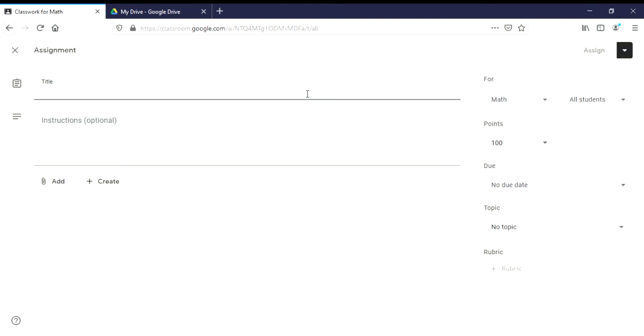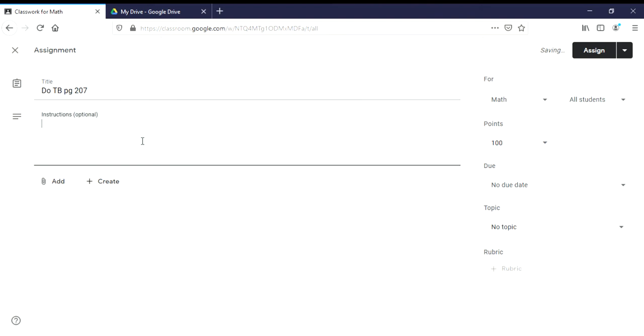The first thing that you can do with the assignment obviously is ask your students to do textbook page 207, for example. Then you give them the instruction: do it in a book, take a clear picture of it, then submit it here.